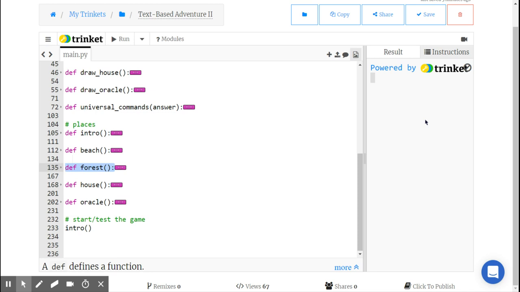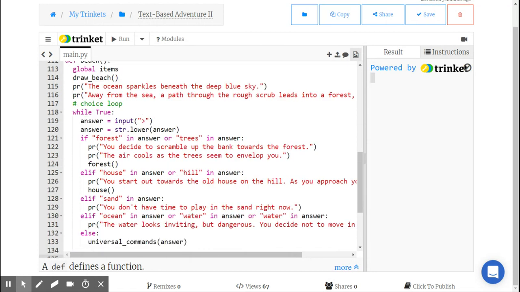If you only do one extension activity, this is probably the one to do. It will save you so much text and duplication, and it'll let you have a lot more interesting things that can happen in your game. So the basic idea is if I go into one of my locations here, let's say the beach,